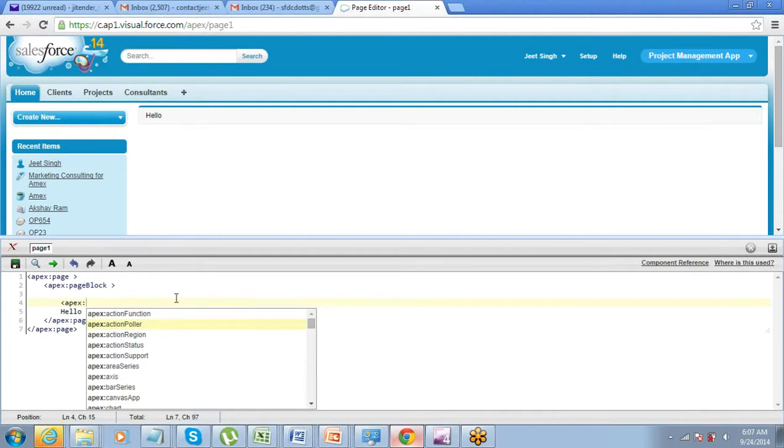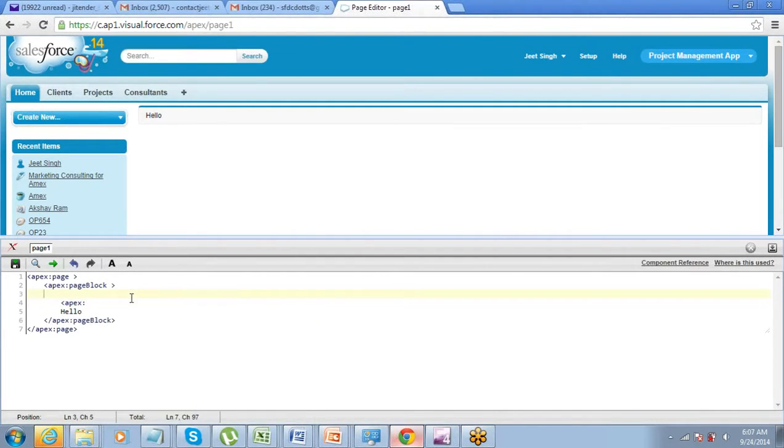Don't worry, you don't have to go through everything, but it's like the tags that we have in HTML. We don't need to know all the tags, we just need to understand the concepts. When required, you can use any of the tags or components. So here in Visual Force, we refer to them as components.